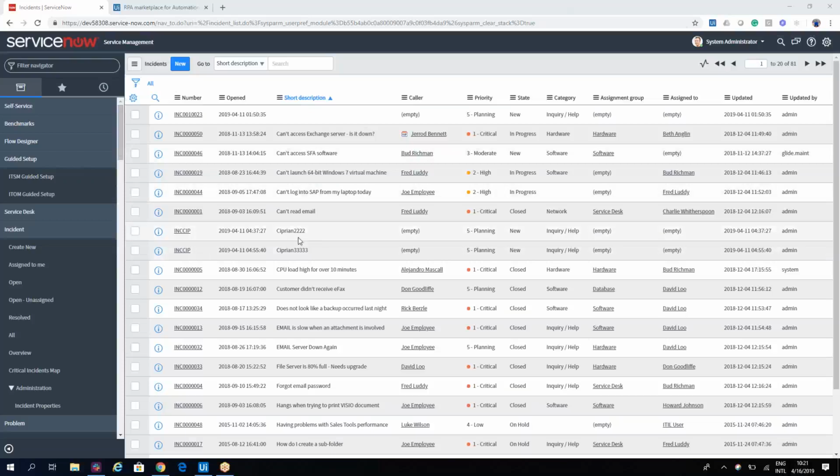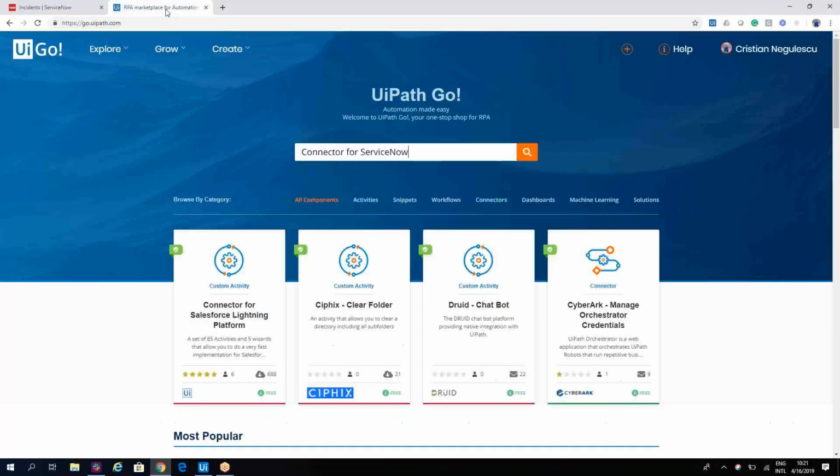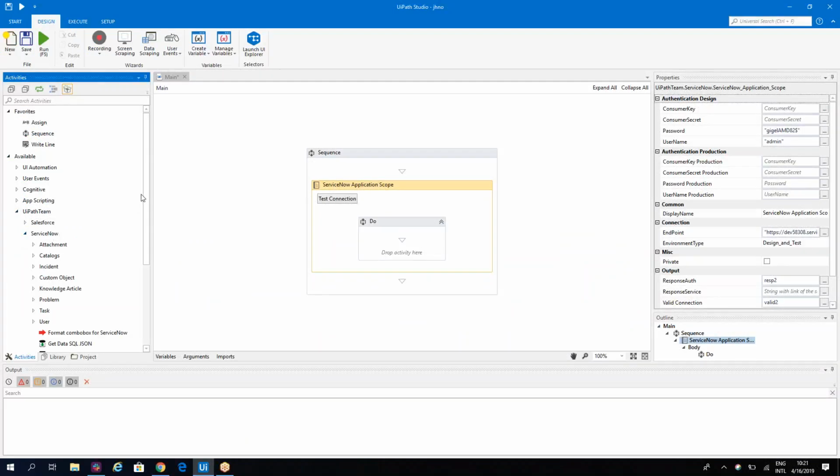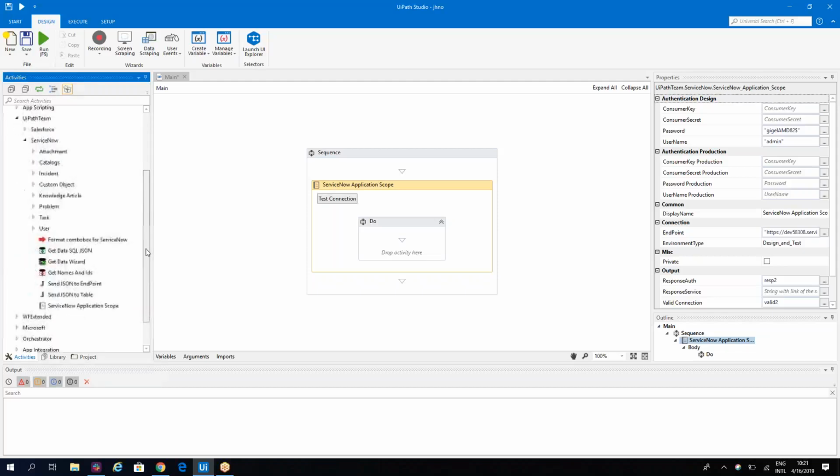So I have here a ServiceNow platform. What I need to do, I will go to UiPath Go, and on UiPath Go I'll write connector for ServiceNow and I will download the package. After I download the package and install it on UiPath Studio, you will see that inside of UiPath Studio, under UiPath Team ServiceNow, you will have around 45 activities that allow you to work with ServiceNow in